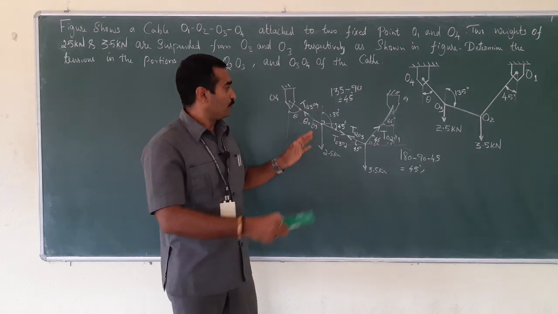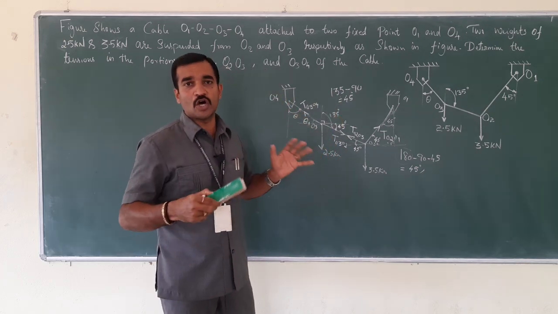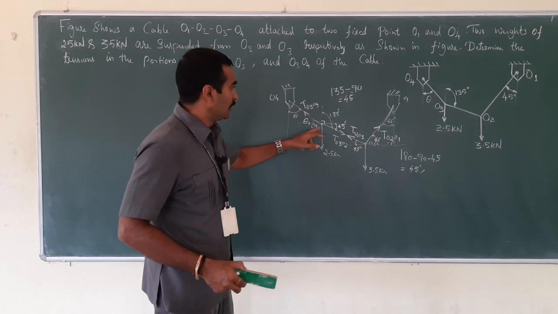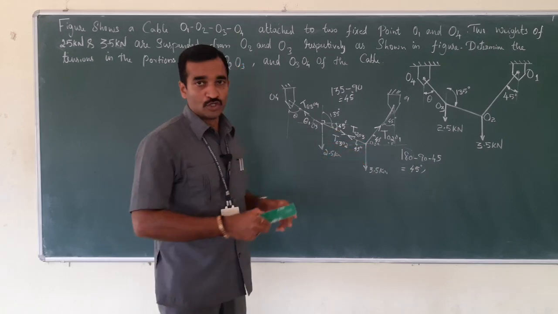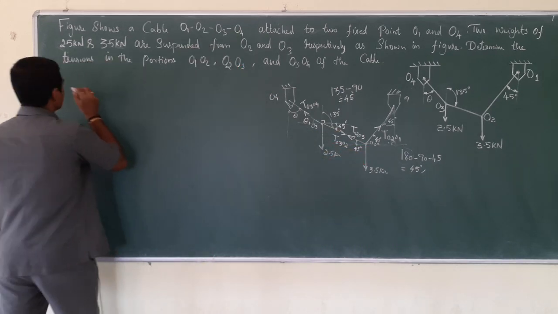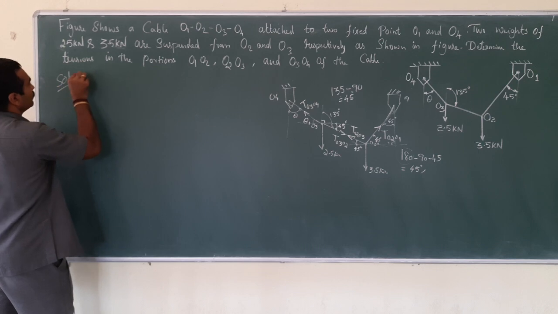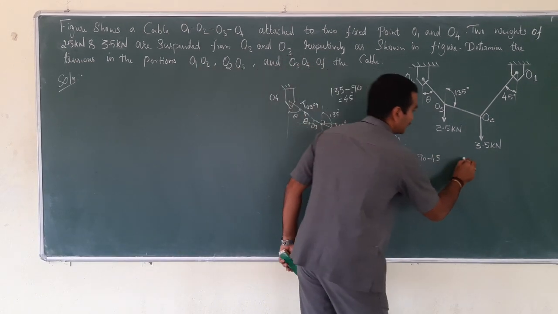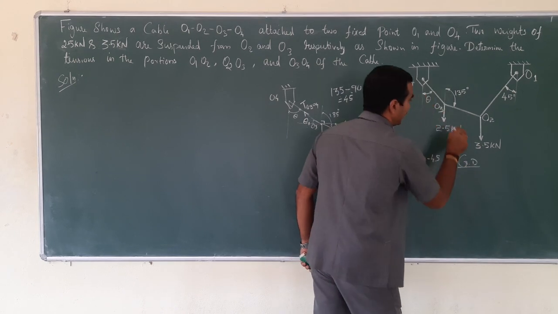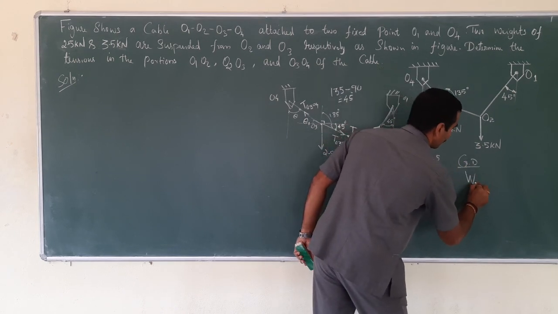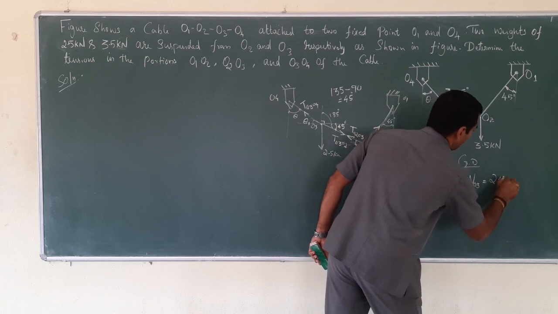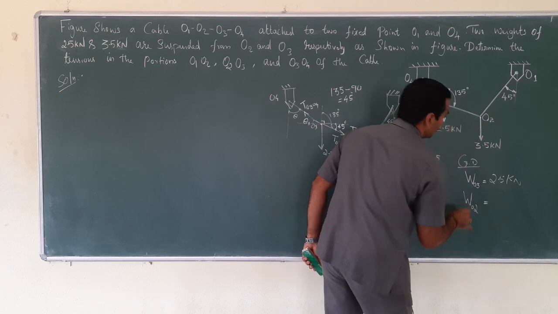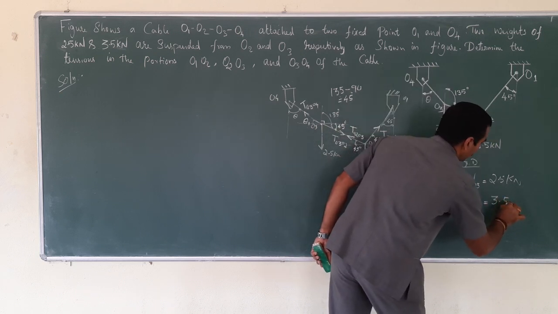So, what I am going to do is, from this diagram I am going to draw the FBD, two FBDs, that is free body diagrams, considering this point O3 and O2. Just observe carefully. So, solution, right? So, before that we need to capture the given data. Given data, that is WO3 equal to 2.5 kilonewton and WO2, that is weight at point 2, is considered as 3.5 kilonewton.